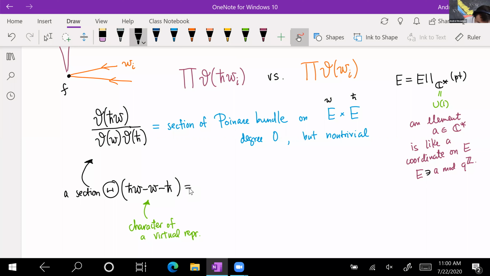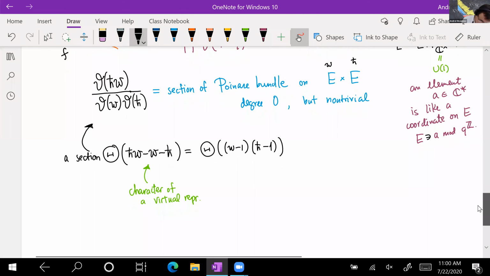And then if I add a trivial representation to a virtual representation, then nothing's going to change. So this would be the same as saying W minus 1, H bar minus 1. Since a trivial representation does nothing, it has a trivial theta bundle. And so from now you see it's obviously degree 0 in either factor, because in either factor, if I set the other variable to 1, I get 0. So this is obviously algebraically equivalent to me. And then more generally,